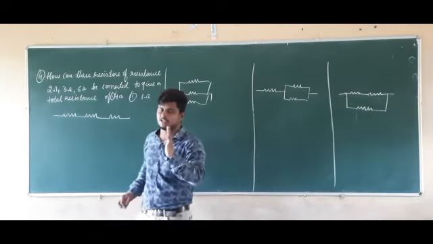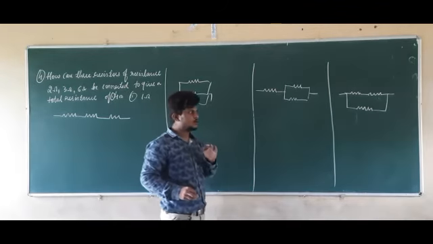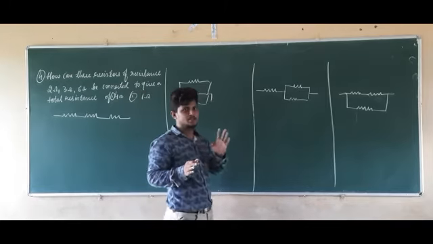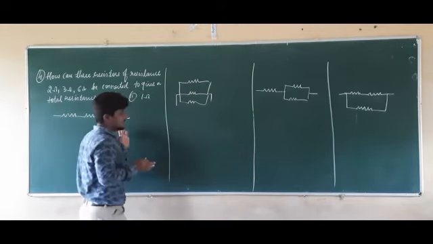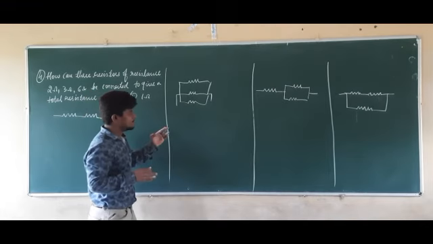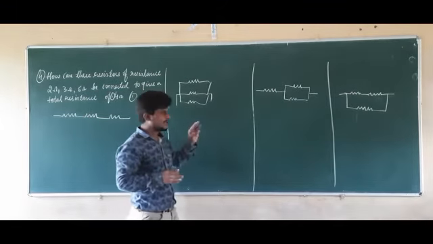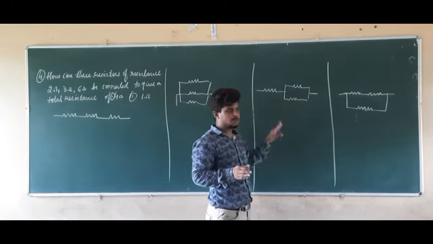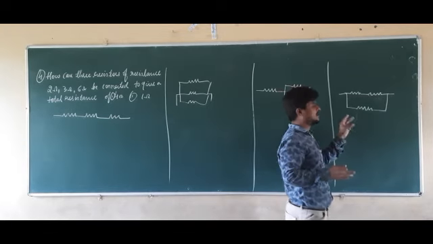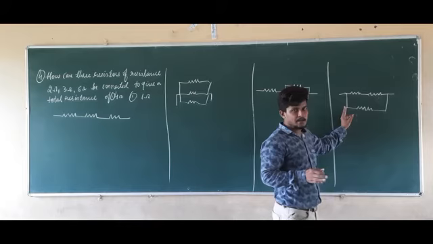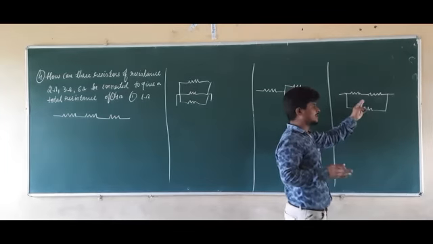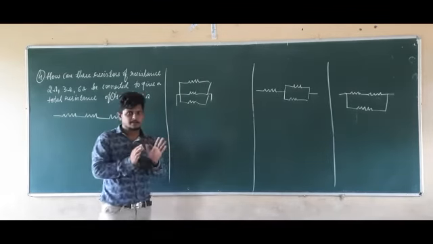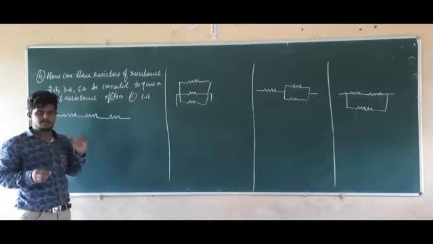So if they give the 3 resistors and tell you to calculate the effective resistance, there are 4 possibilities of connecting all those resistors. The first possibility, connecting those in series. Second possibility, all the resistors in parallel. Third possibility, one resistor in series to a system of 2 resistors which are connected in parallel. And the fourth possibility is a resistor connected in parallel to a system of two resistors which are connected in series. In this way, we can connect all those resistors. Right? So one by one, we are going to find out the effective resistance.